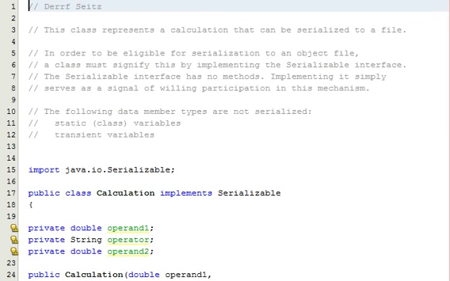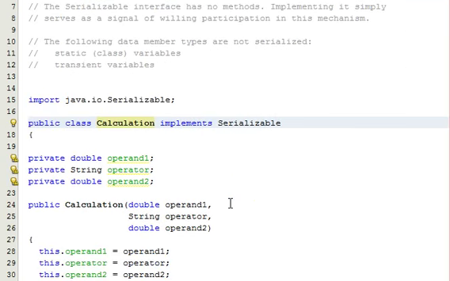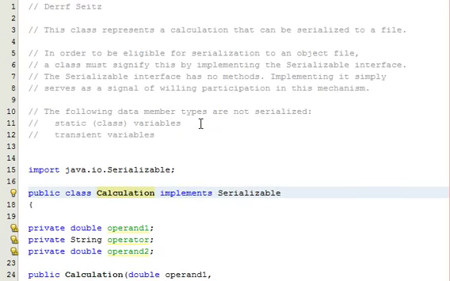This Java tutorial is part 3 of File I/O, Object Files, reading and writing objects to a file, also referred to as serializing objects. The object that we'll be reading and writing to a file is this calculation class here. It's actually the objects that get written, but the class allows them to be written because in order to write objects